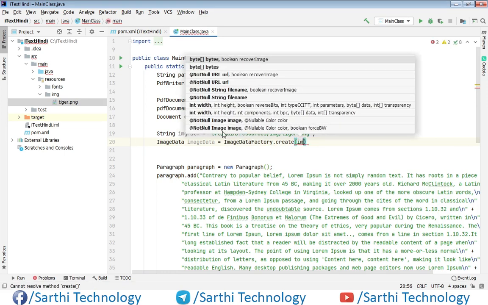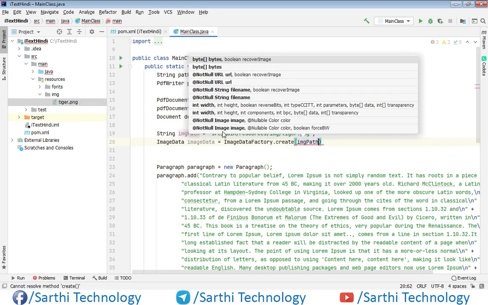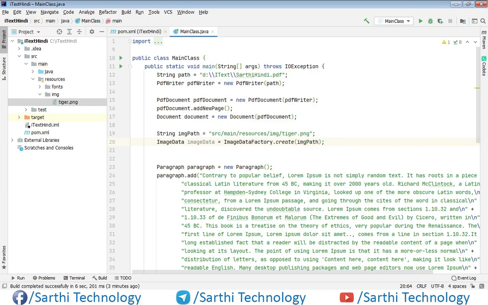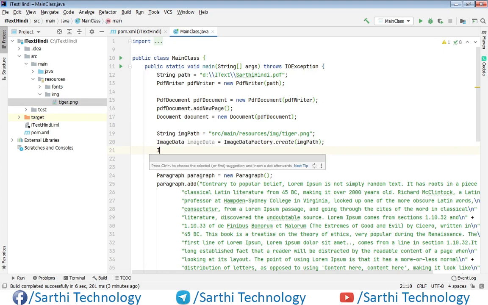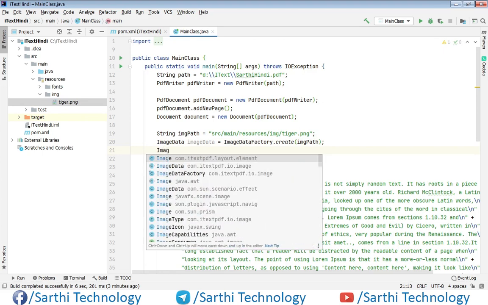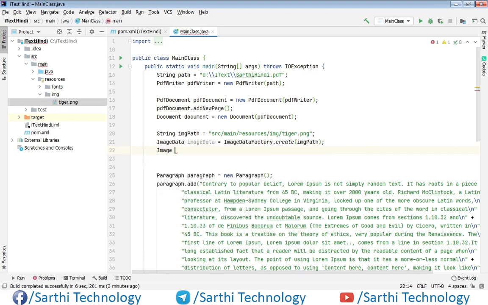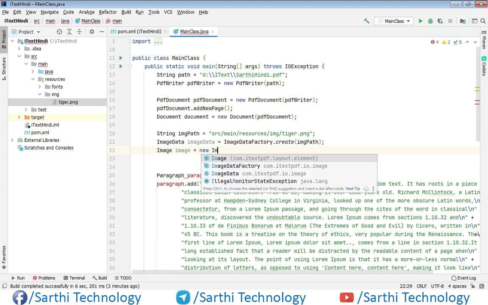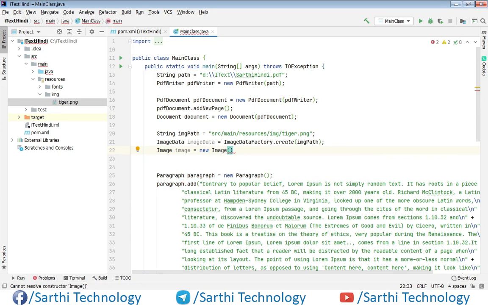So the path is img path. Okay, now we need to create one image object, and here we will put the image data. Okay, so the image is ready.